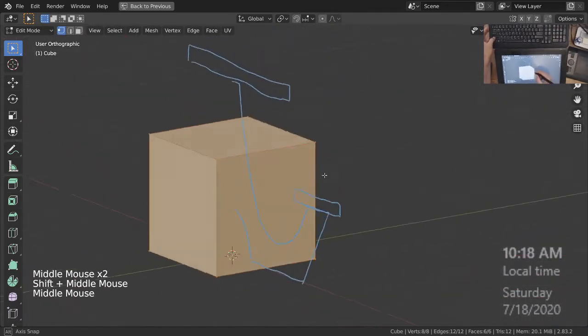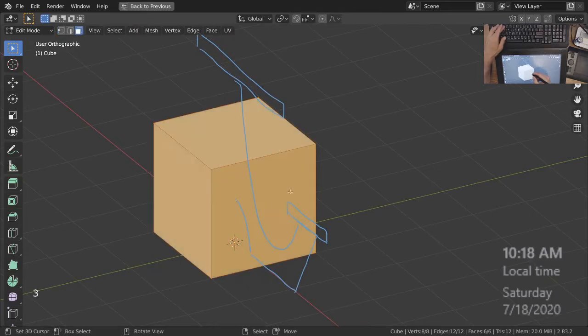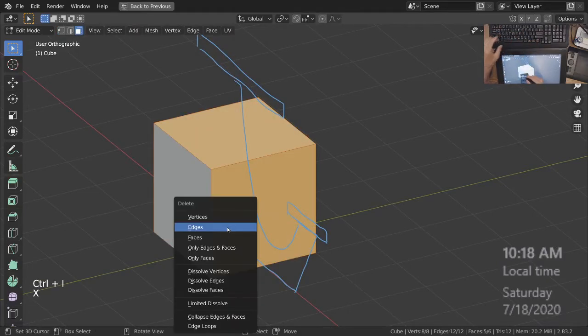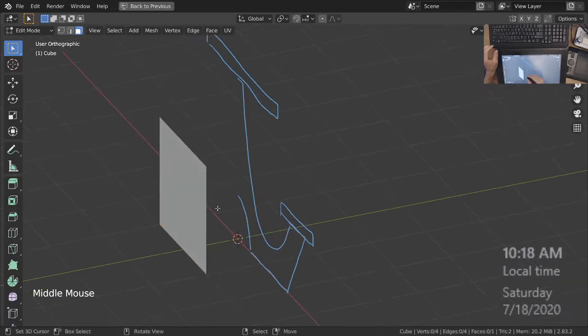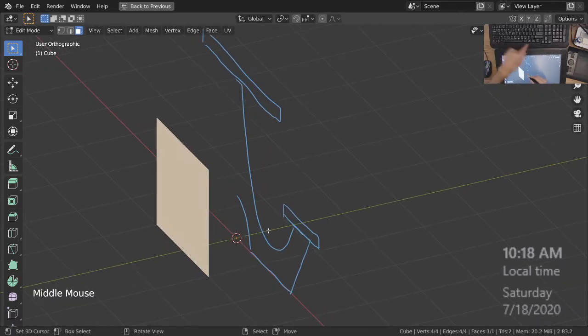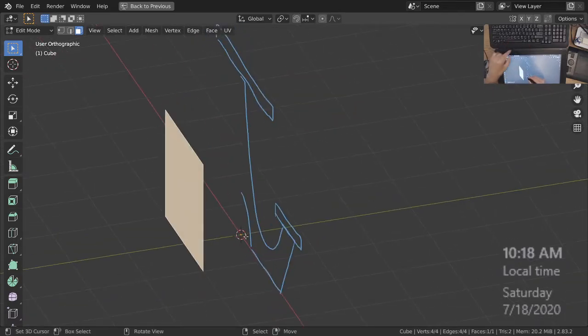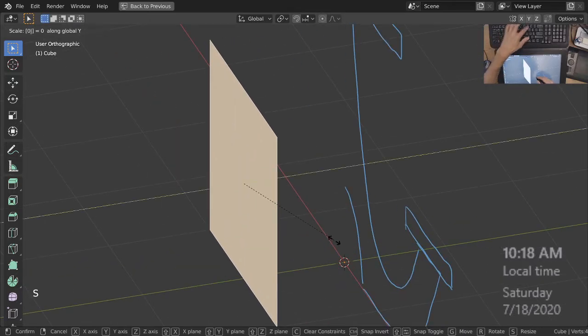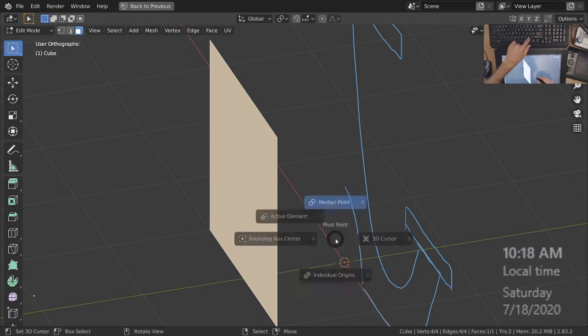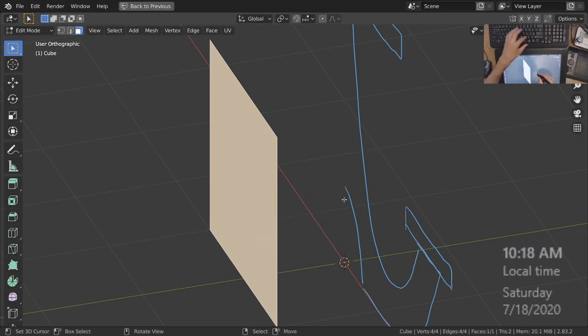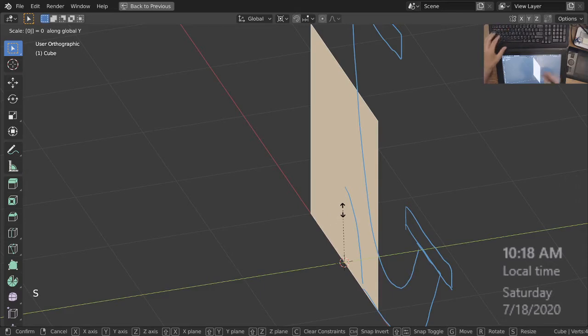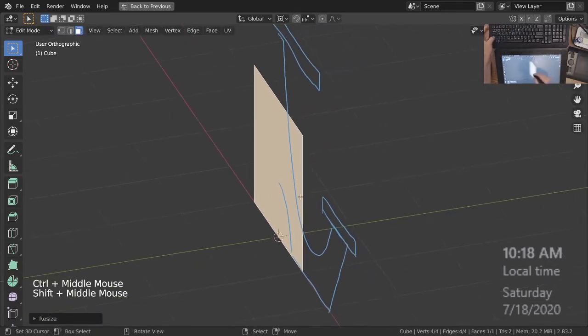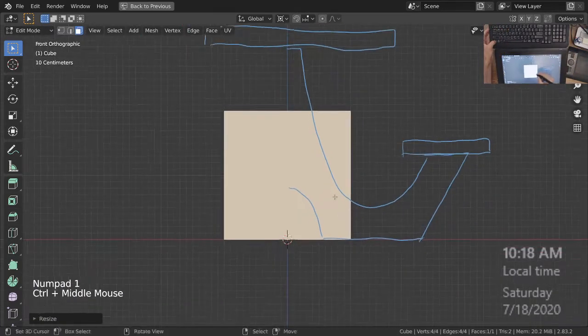All right, so I'm back over here. All I need is the face, one face. So I'm going to press 3 to select the face, Control Invert, and then X, and then the faces, everything. Take that face, and I have the cursor there. It's already centered, the cursor, so I'm going to scale in the Y 0. I didn't do a period. 3D cursor, scale, Y 0, enter,